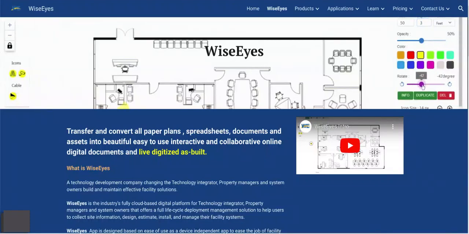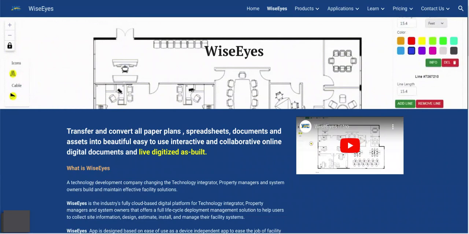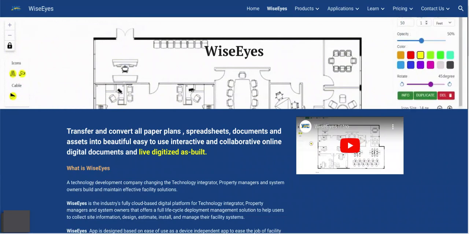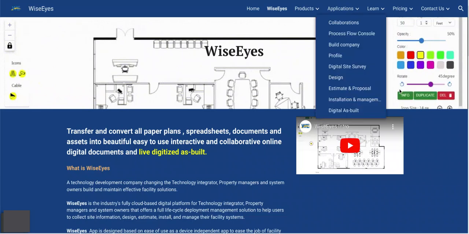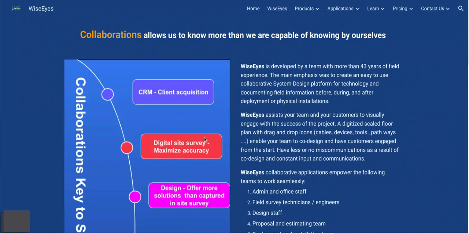The purpose of this short presentation is to show you how easy and powerful it is to use WiseEyes. Basically, WiseEyes transfers and converts all paper plans, spreadsheet documents, and assets that you might have to a beautiful, very easy to use digital as-built. The process is based on the concept that we are getting different groups of people to collaborate to